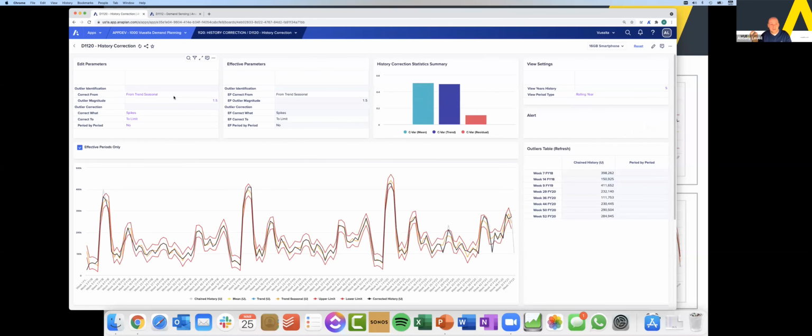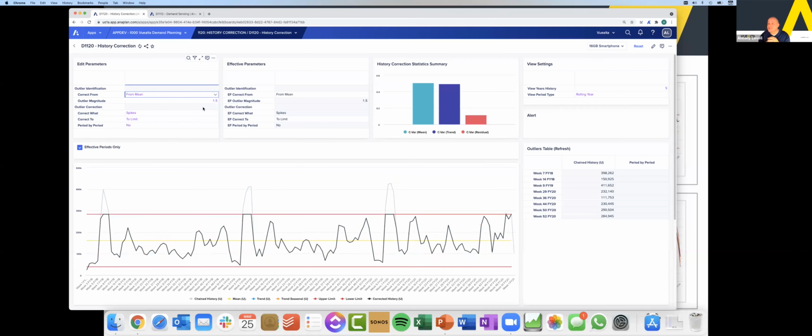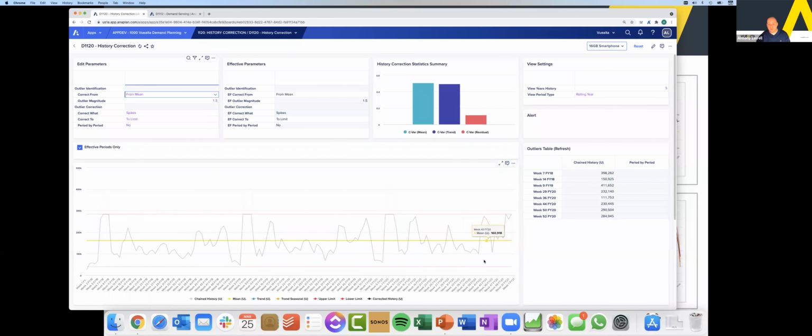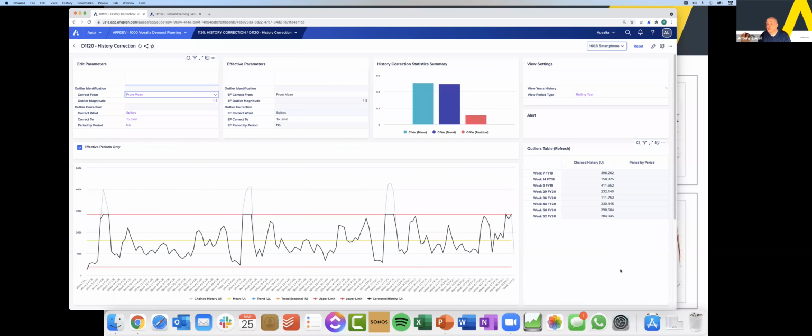So I'll just touch on history correction quickly. This is the same data set. There are a lot of questions around history correction, like should we even do it, but if I just stick to the basics, how not to do it. What you shouldn't do, and maybe where it gets a lot of bad press, is this: if I've got a clearly trendy, seasonal product, I shouldn't correct history by X standard deviations from the mean, because you're going to see I'm correcting my historic peaks, which clearly are going to repeat every season. So this is probably not the best way to do it.